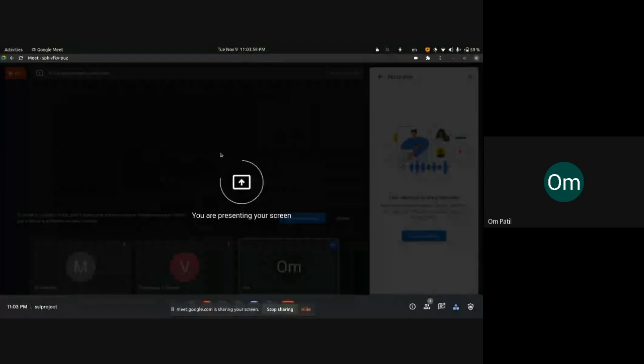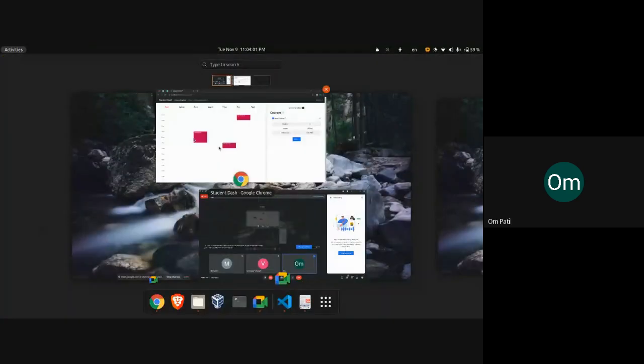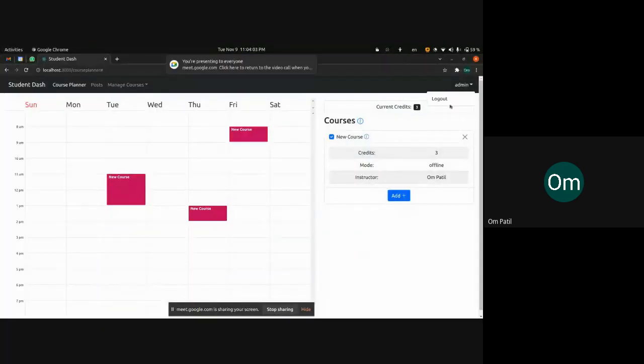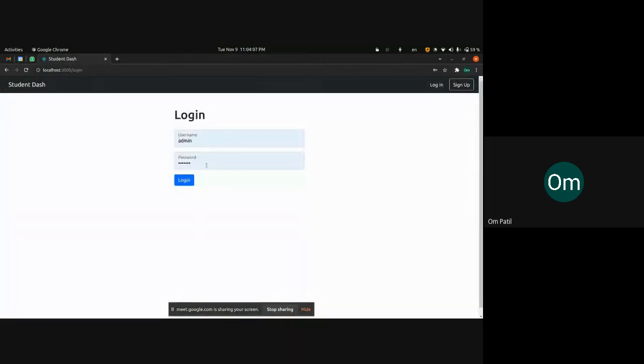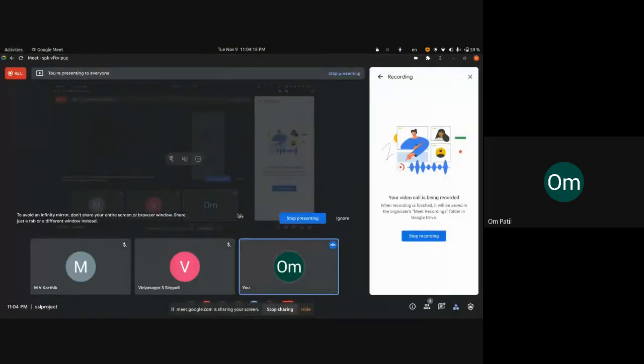One quick thing which we also missed was that we also have error messages throughout. So whenever anything goes wrong, there'll be an error message. For example, while logging in, let's say you make a mistake in your username or password, you'll be informed about that. Yeah, so I think that sums up our project. Thanks for watching.